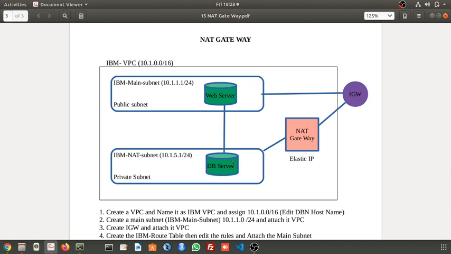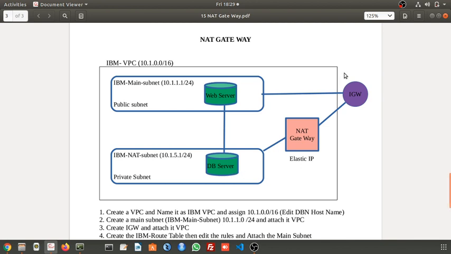So what we can do is, from this NAT gateway, we connect to the internet gateway. Outgoing is allowed, but incoming from the internet is not allowed. That means the database server can connect to the internet gateway, but other users cannot connect to this database server directly through the internet. That is what we are going to do.